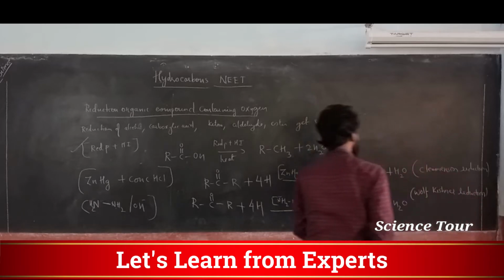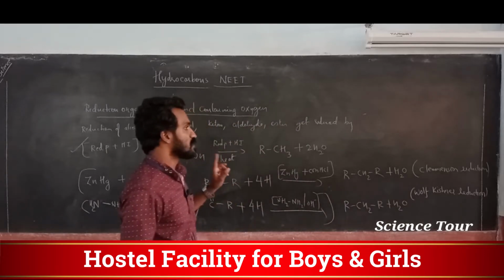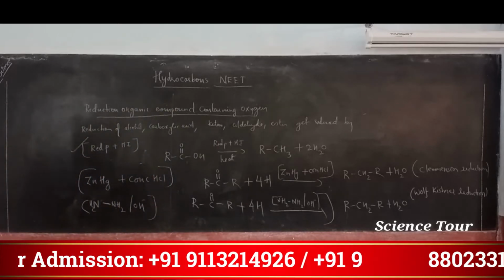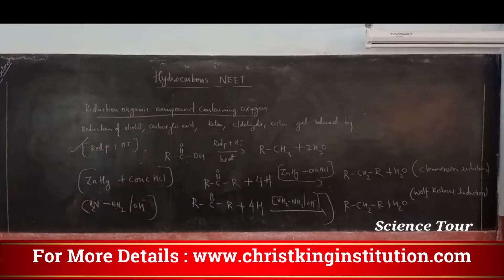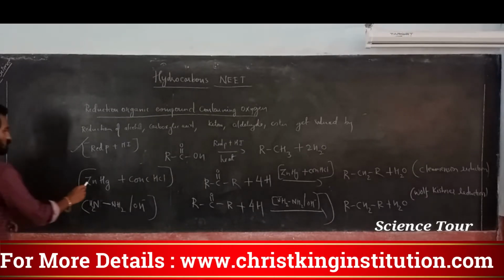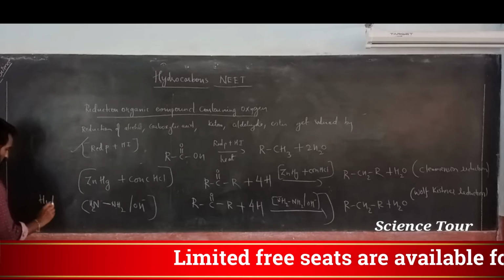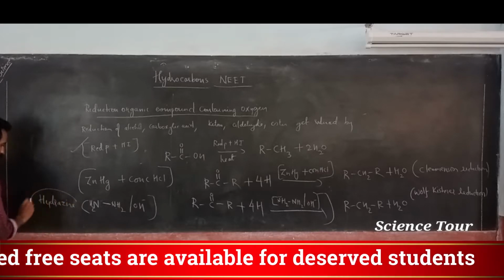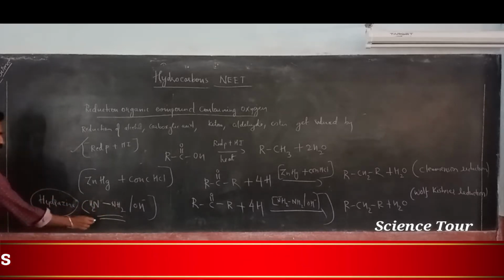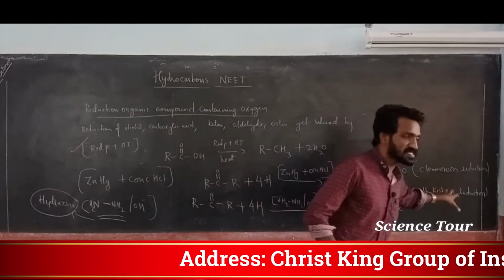Remember, my dear students, the reaction in the presence of Wolff-Kishner, it is NH2NH2 with OH minus, and this one is zinc mercury concentrated HCl. Okay, my dear students, note down zinc mercury, it is amalgam, understood, but this is hydrazine. Okay, hydrazine. Remember, wherever you are using NH2NH2, it is nothing but hydrazine. If you are using that, the reduction is called Wolff-Kishner reduction.